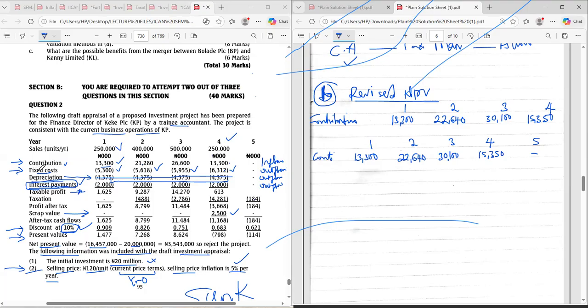After our contribution, fixed cost is the next thing. This guy's fixed cost is rubbish. What's our fixed cost? Sorry, sir, why are we not putting 0 here? I said it before I started. Don't miss out on my statements, they are all meaningful. I said you can start with year 0, or you can even remove year 0 and do year 1 to 5. But I will still come and show you how you will put in that year 0. So just be flexible. I'm the one teaching you. Anyhow, you will still get the answer. If I put year 0 now, this will be too long. So I can hide year 0 first and do 1 to 5. Let's go on and we're going to come back to that.